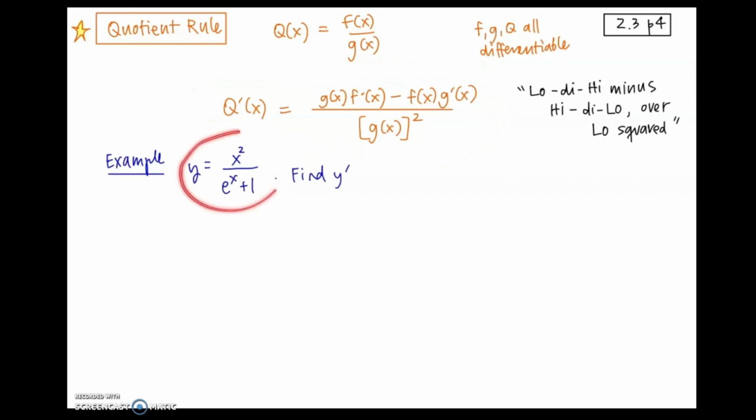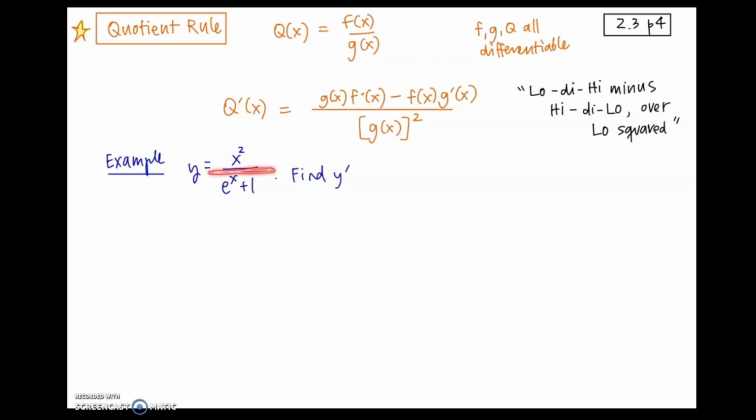So we'll start with this example. We have y equals x squared over e to the x plus 1, and we want to find the derivative y prime. One of the skills that you're going to develop is being presented with a function and knowing which rule to use. We've already got several rules, and this one definitely qualifies, as we'll use the quotient rule, because it is a quotient, and this is something we know how to take the derivative of. This is something we know how to take the derivative of, and this